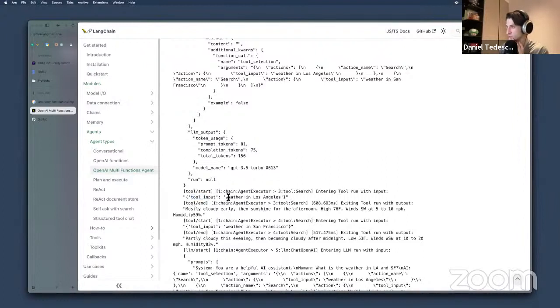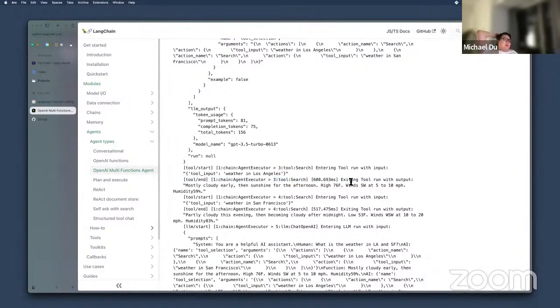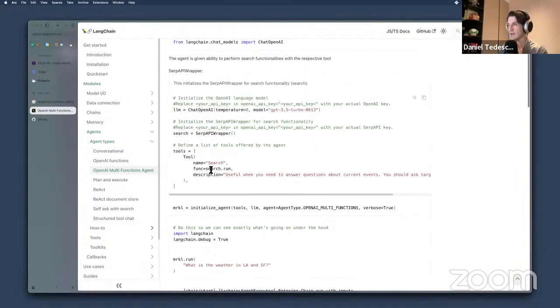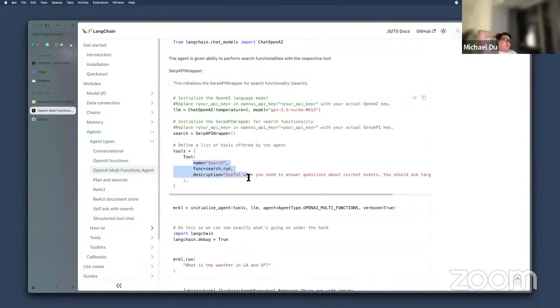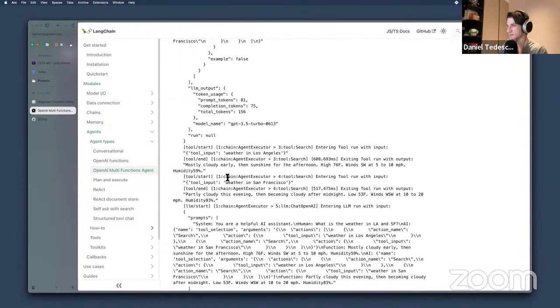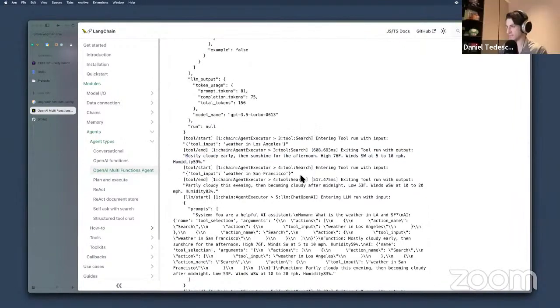So anyway, tool input: weather in Los Angeles. Tool end goes through tool search. The tool output is the search result. Right, because the tool it used is the only tool it has, which is search. And so it gets back a string of text, and then it does the same thing.